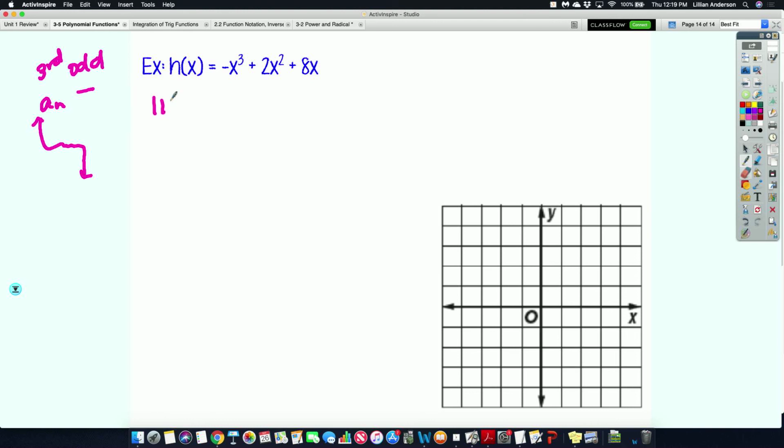Which means when I describe the end behavior, because I have the exact same directions as we did from the other one, if I look at the right side of the graph, it's negative infinity. And if I look at the left side of the graph, it is